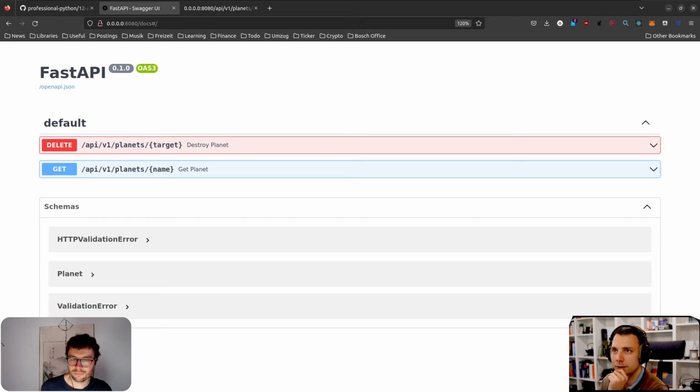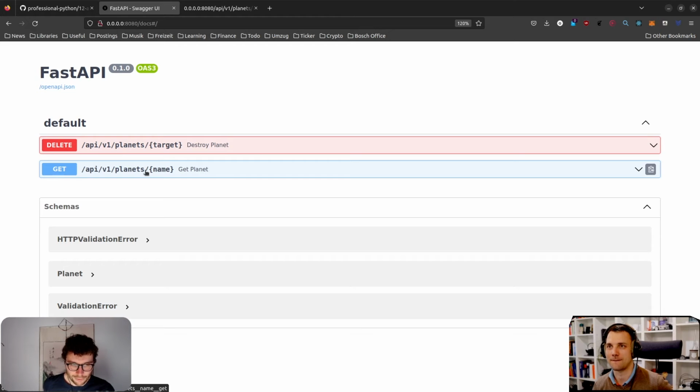Just without a target? API of v1 planets? Which method? Get? Yeah. Okay. What if I have 20,000 planets in my database? Maybe you should check the header first, right? Nah, no. With the payload, or what do you mean? Yeah. What if I have 20,000 planets and someone makes a GET request? What would I do? Do you know it?